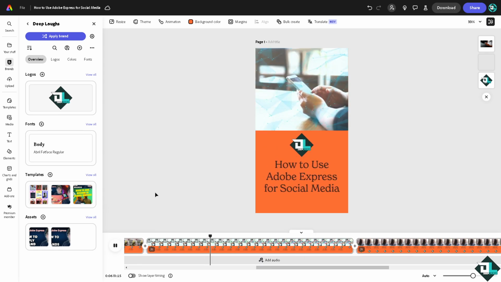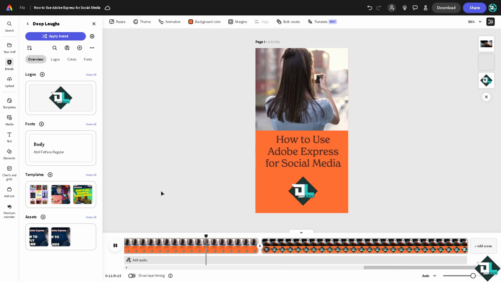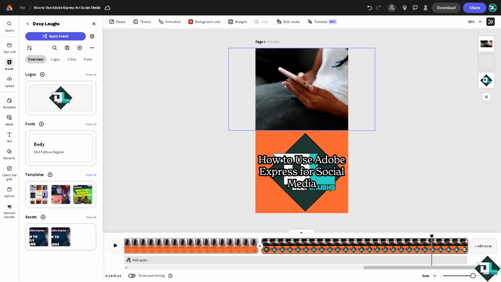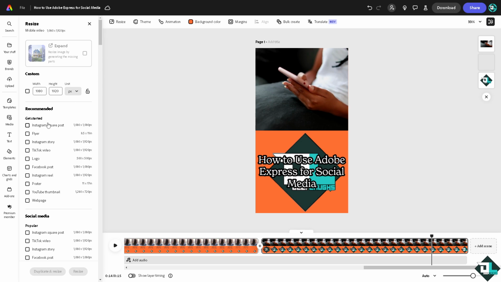Templates are categorized by platform. For example, if you're looking for Instagram, Facebook, TikTok, and LinkedIn, all right, ensuring optimal design and sizing. Now, for example, you are happy with this design. If you hover to the resize button, you have an option to resize this to different social media platforms such